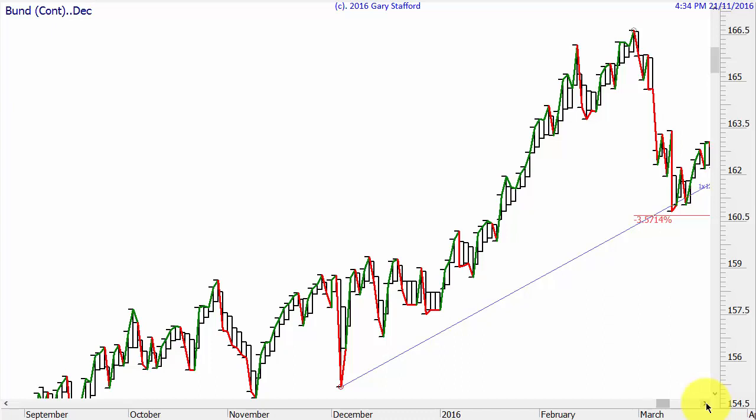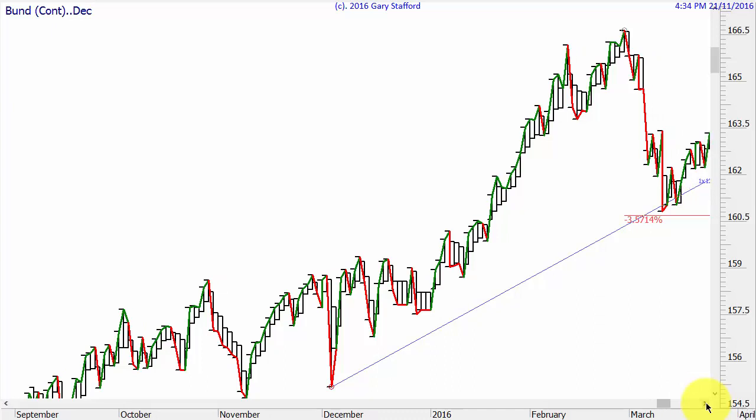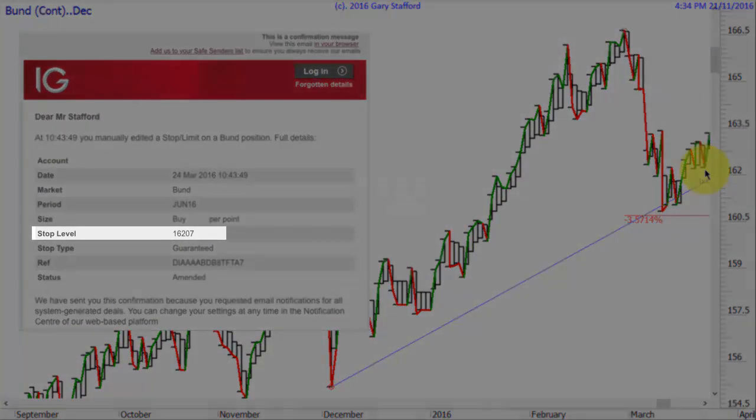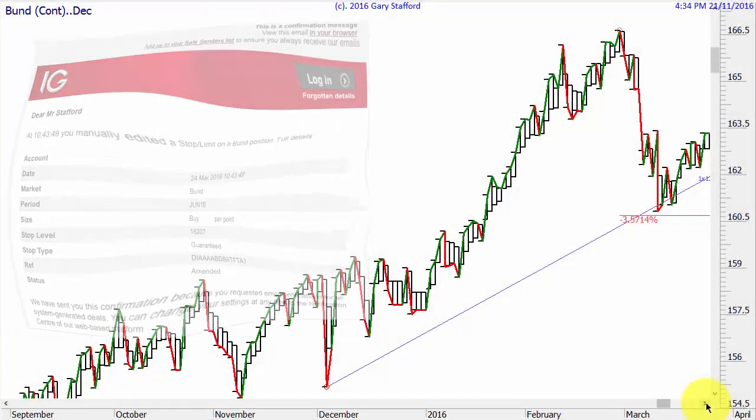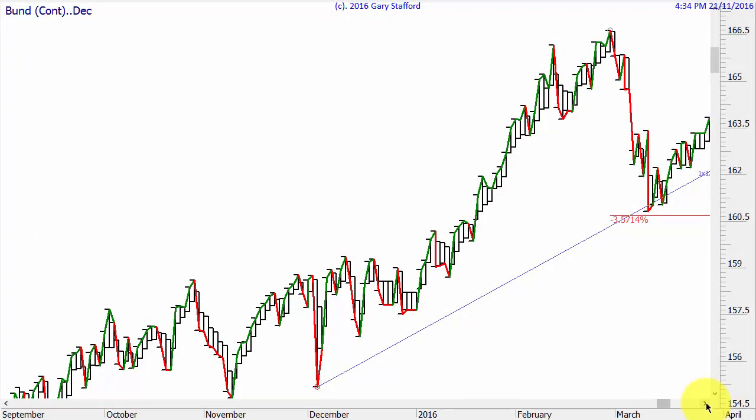Next day we go up. Next day we come down in red. And the next day we go up in green. So we've now formed a proper trend indicator line bottom where we go down in red and up in green. So I move my stop loss from below this low down here to below this low down here. Next day we have a repeated price, so it's probably a holiday, and again the next day we go up and it's in green, but my stop loss is still below this low. You've got to try and stay in good trades.